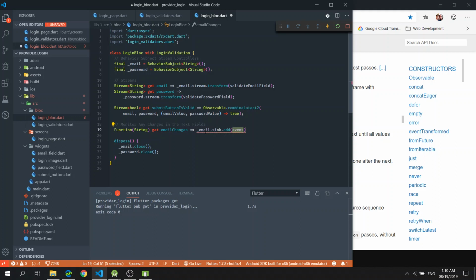Okay, so I will just remove this function. Okay, so there we have it. So we have here a function called email changes,